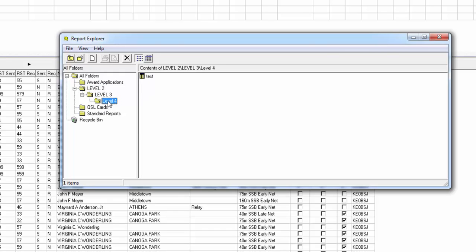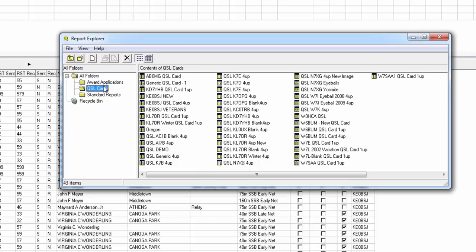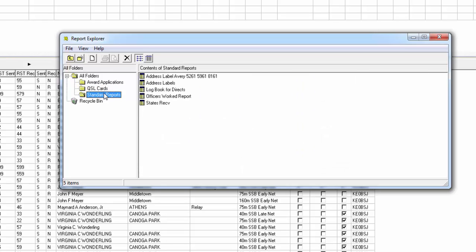Now we are going to delete these here, so this icon here is the delete button. Just click on delete, and it'll verify your delete, and the same thing. So now those are not there. Alright, so what we want to do now is